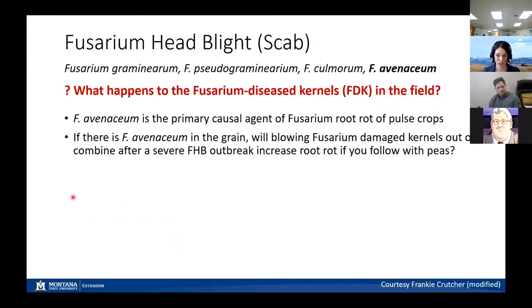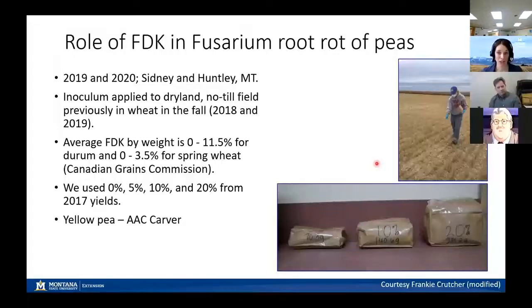So the question she asked herself is, if there is Fusarium avenaceum in the grain, and the Fusarium-damaged kernels are blown out by the combine, will this increase the risk of root rot in subsequent pea crops in years where we have high Fusarium head blight incidence? And so what she did is she conducted a field study over 2 years at 2 different locations in Montana, namely Sidney and Huntley, where she